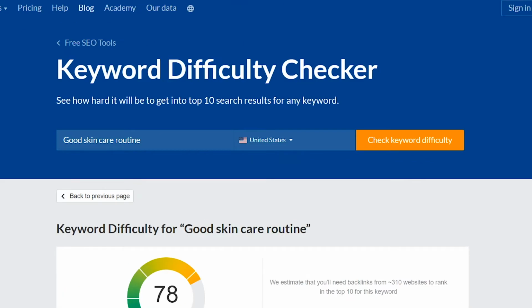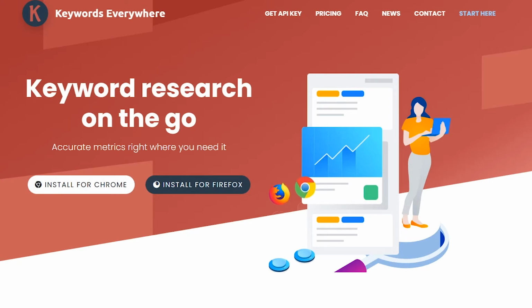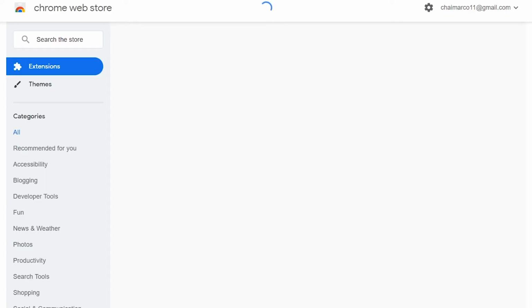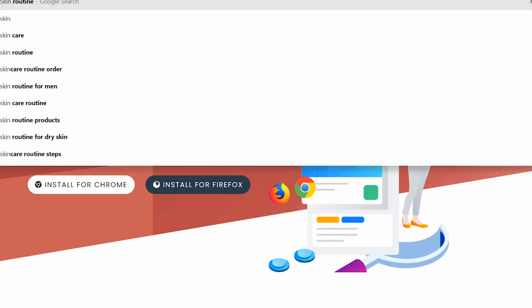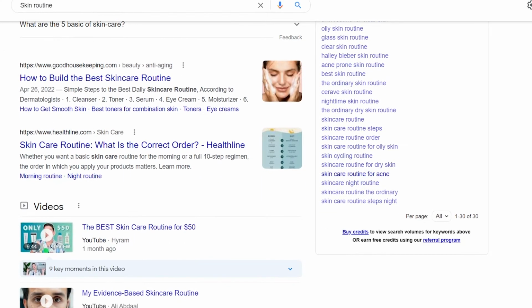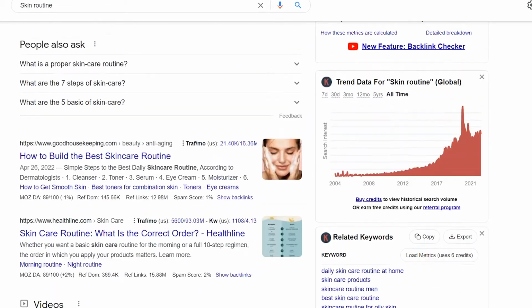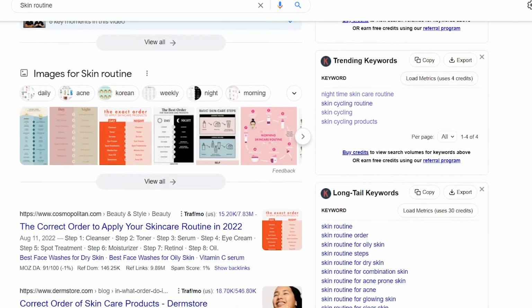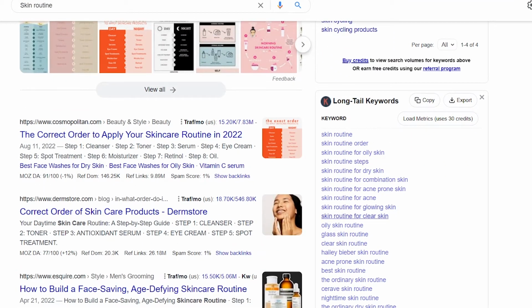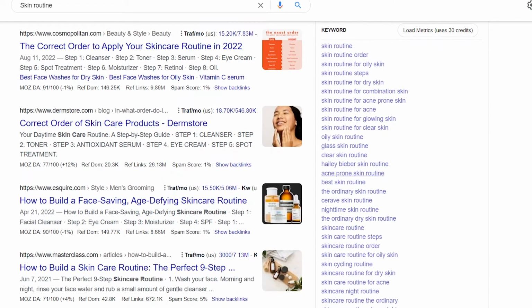Another tool you can utilize is Keywords Everywhere. To add the Keywords Everywhere, you can search it up on Google and click on the Keywords Everywhere Chrome extension and add it to your browser's extension. When I search skin routine, for example, I immediately see the off-page difficulty, SEO difficulty, and if I scroll all the way down to the related keywords, which in this case includes skincare routine for oily skin, daily skincare routine, basic skincare routine, long-tail keywords and related searches with skincare are skin routine order, skin routine for sensitive skin, acne-prone